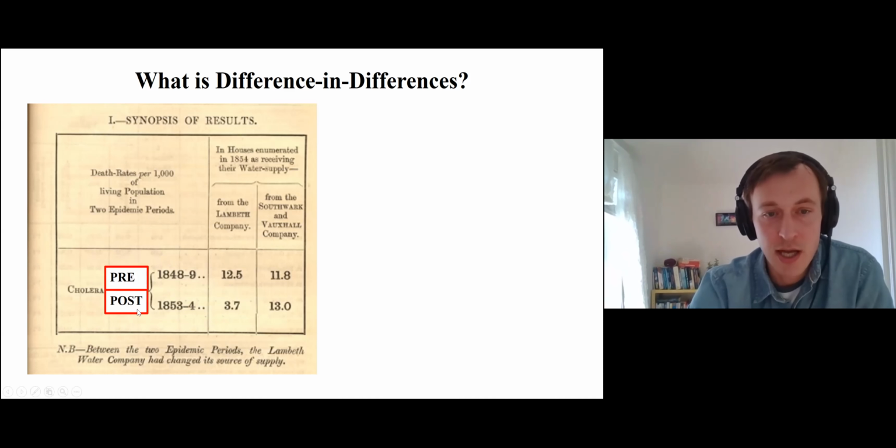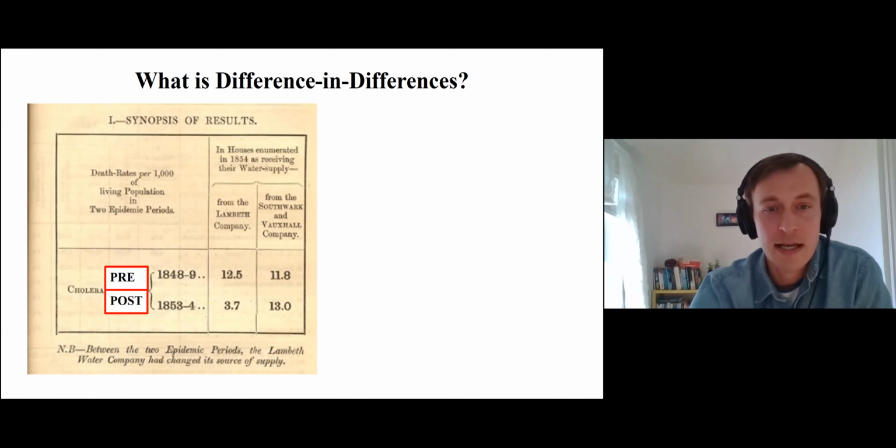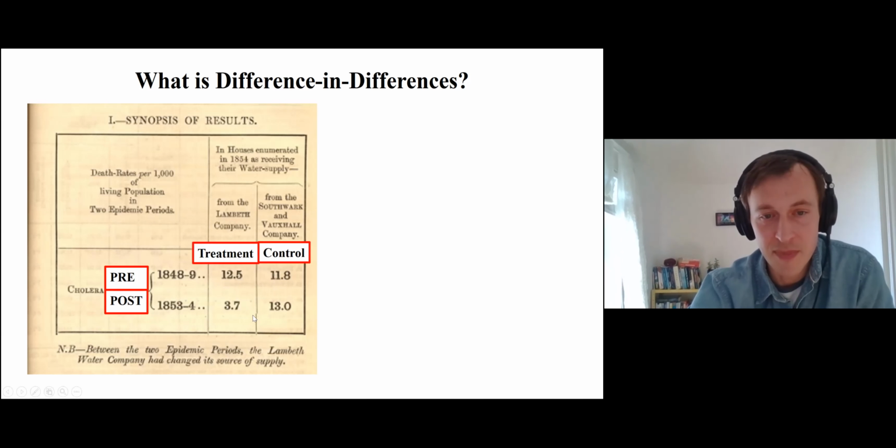There were two epidemics that would come in waves in London because homes were being supplied with water straight from the Thames River, which was also the discharge site for sewage in London. You have these earlier epidemics in this pre-period, 1848, and houses served by these two companies, Lambeth and Southwark and Vauxhall, had very high death rates. That's what you see here. Quite a few people served by both companies died when there was a cholera outbreak. And then the Lambeth company moved its intake source upriver, so it was drawing much less sewage when it provided drinking water to homes. And you see that in the 1850s outbreak, their death rate went way down and the